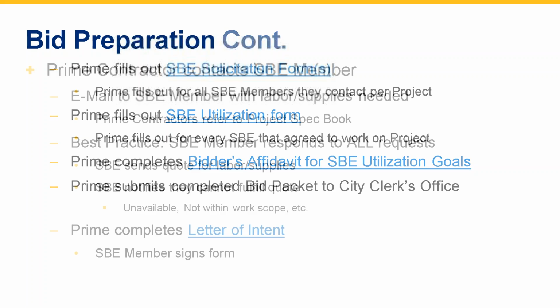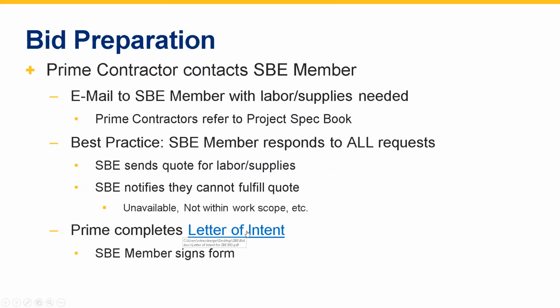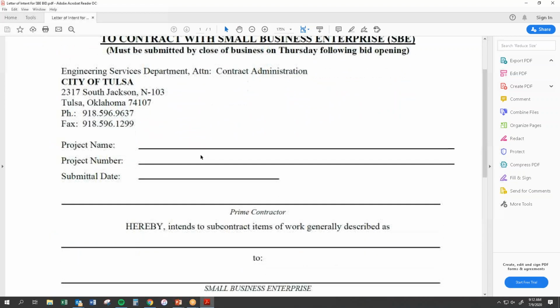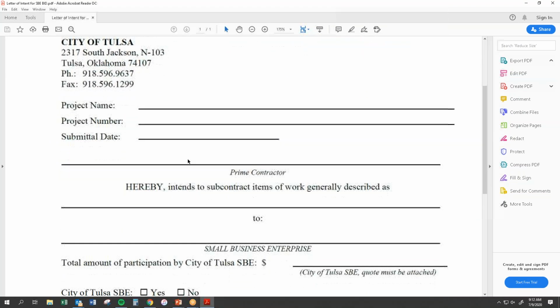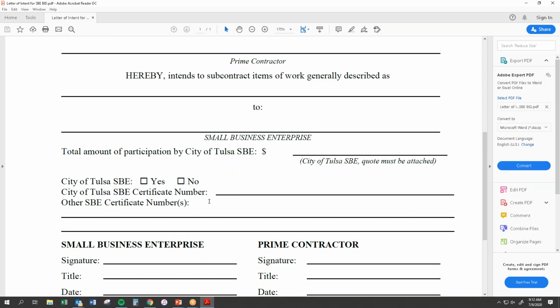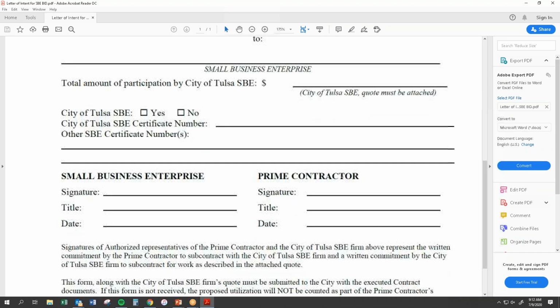I'm going to go ahead and pull that up. And like I said, I apologize, I got them out of order here. Okay, so this is the form that Anika was talking about. The project information goes at the top. The prime contractor will fill it out with the SBE member, talking about if they are an SBE member, the amount include the quote that was provided to them, and then both the prime contractor representative and the SBE representative